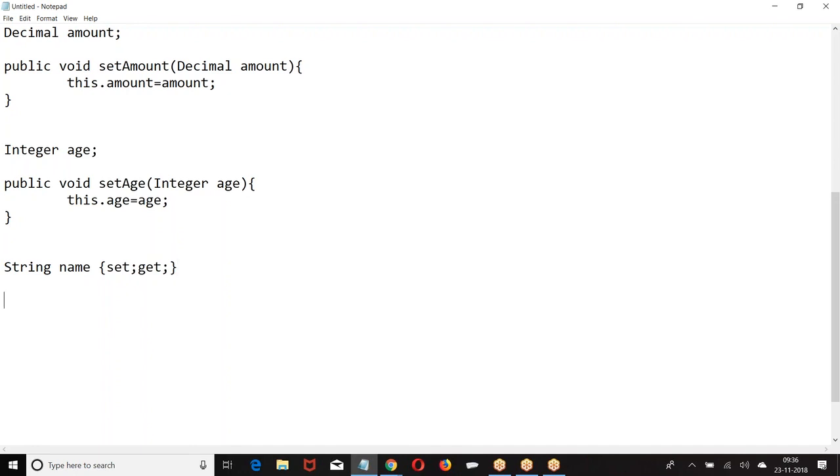If I give decimal amount set get, now there is a setter method and getter method for amount.